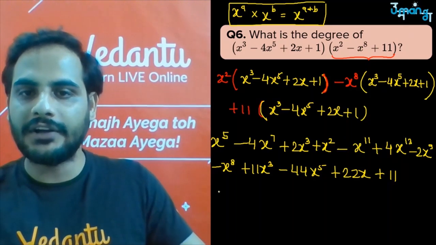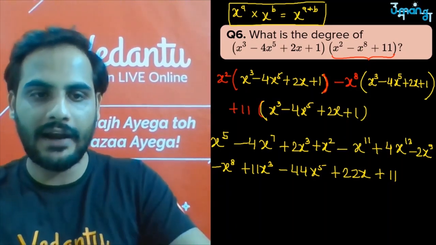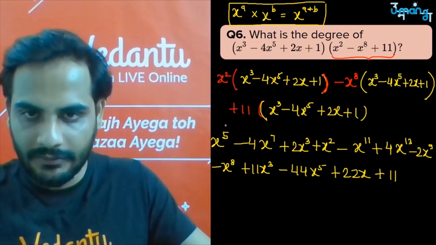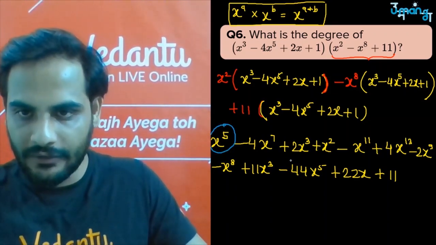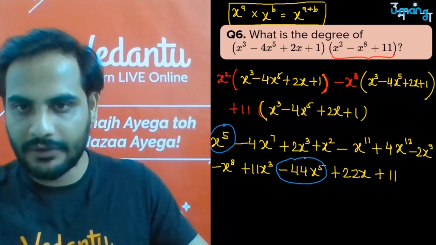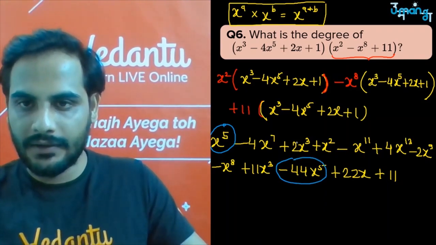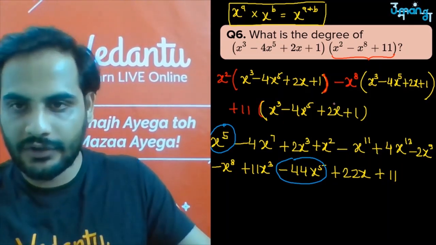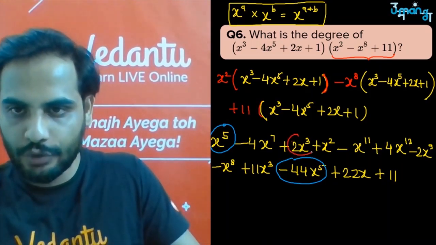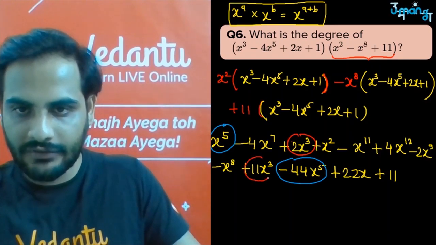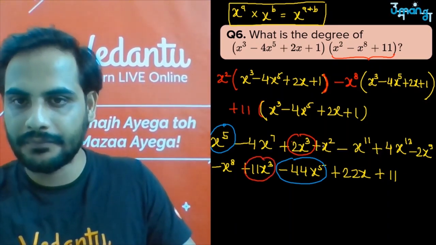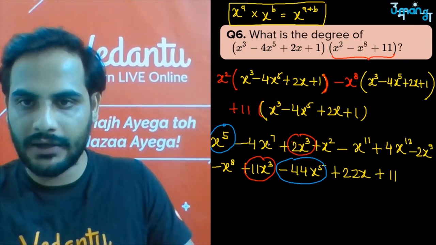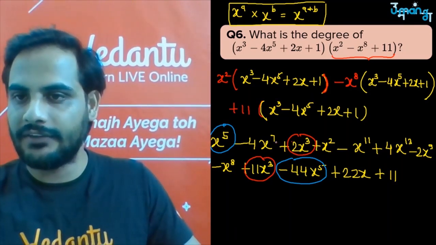Now add the terms with the same power. One term we have x raised to the power 5, and here we have x raised to the power 5. Then we have one more same term, that is x cube: 2x cube is present here, and 11x cube is present here. Then 11, 13, 9, 1, minus 8, minus 7, so nothing else will work.